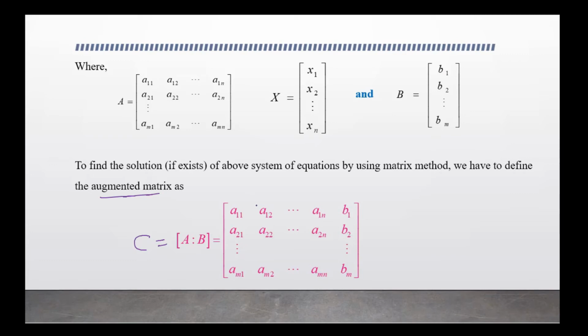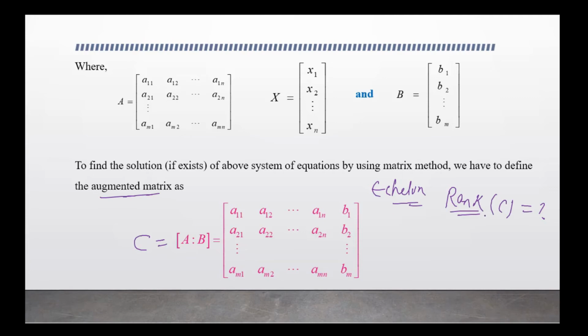Now for further calculation, we need one concept to evaluate this problem that we already discussed, which is named the rank of the matrix. Now we have to find the rank of this matrix C, by reducing it to echelon form, of course. You can reduce the matrix C into echelon form and then count the number of non-zero rows, and we get the rank of the matrix C.